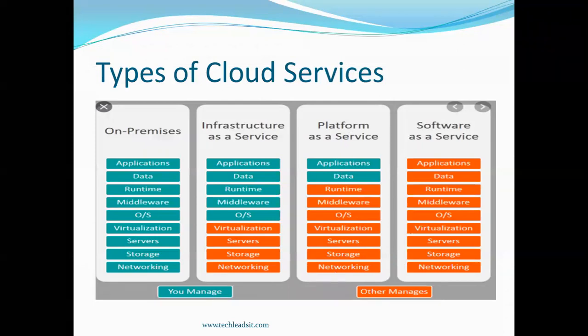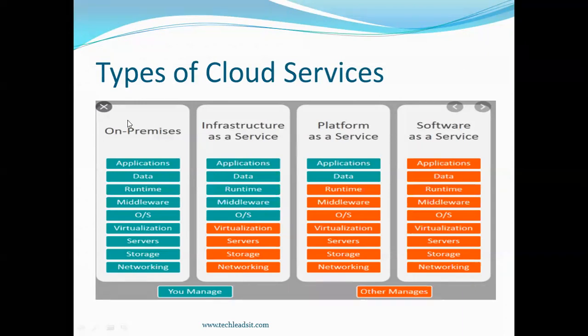The reason is that whatever changes we request, we can deploy directly to our respective servers. And one more model we have is IaaS, which is infrastructure as a service. Here the applications, data, runtime, middleware, and operating systems are maintained by the organization. The rest of the layers, mostly server, storage and networking, are maintained by Oracle itself.